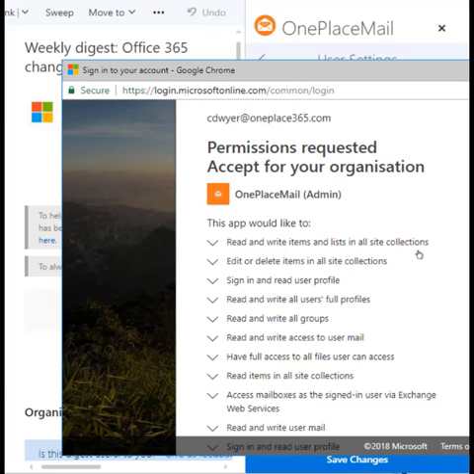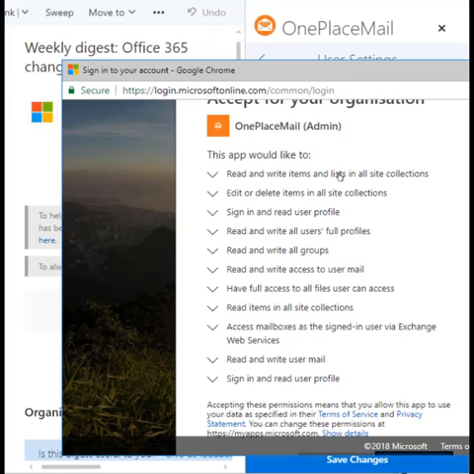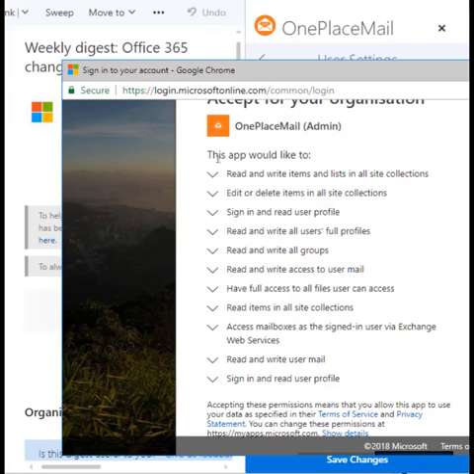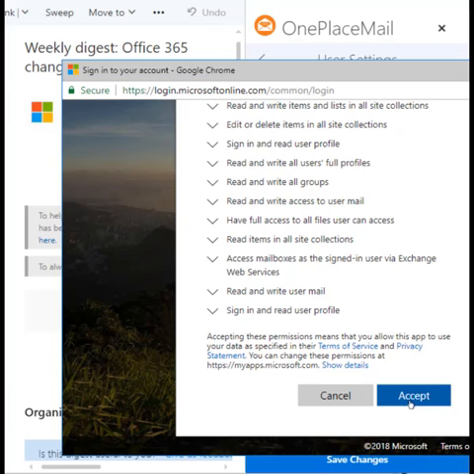we'll be accepting them on behalf of the organization this time, rather than just accepting them on behalf of a single user. You're accepting them because you're an administrator, you're accepting these on behalf of the whole organization. And this is the full superset of permissions, including those that require admin consent. Now if we accept that,